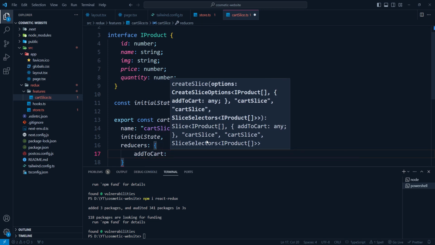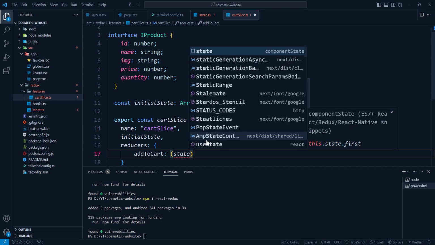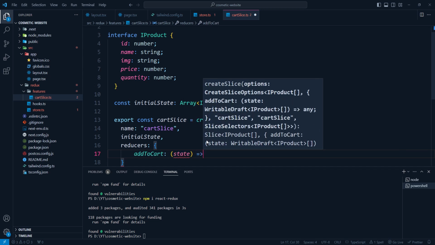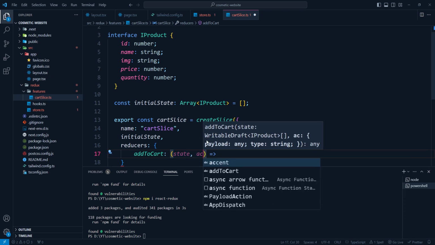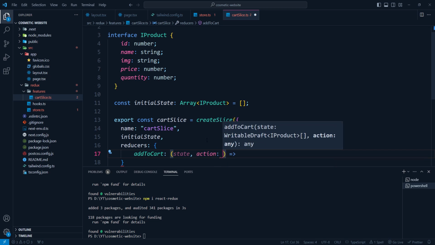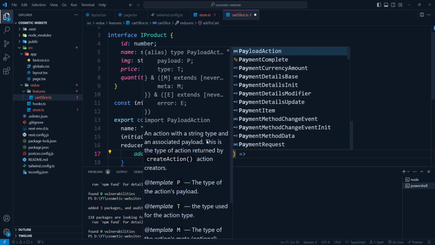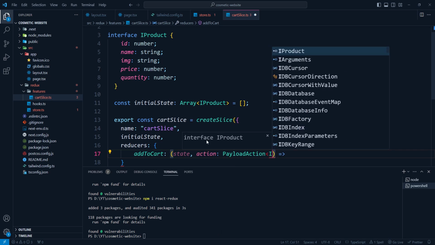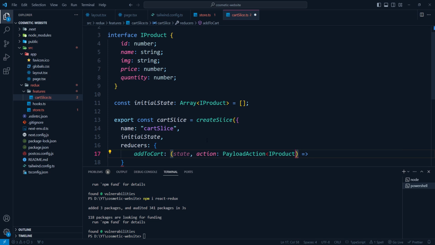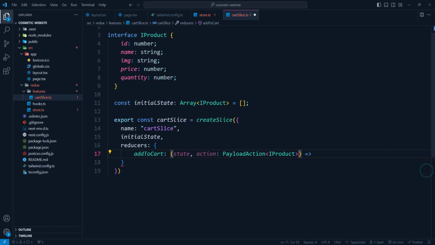This will be our first reducer which will take a state as well as action. Action would be of type PayloadAction of IProduct. Okay, I think I should just remove this. Okay, now so this would be something like this, and then we will be having opening and closing curly brackets for this,